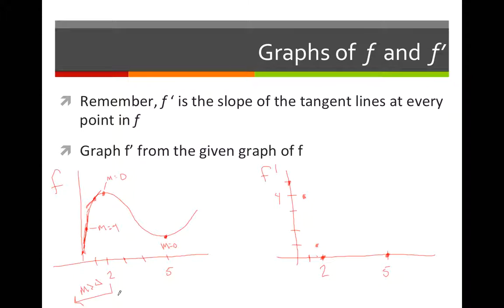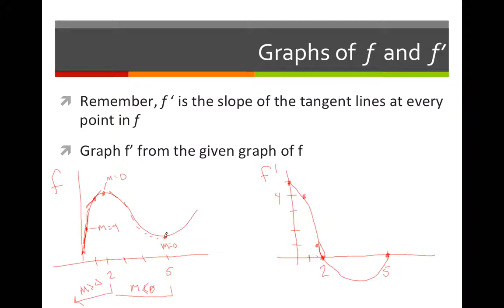If you look between 2 and 5, the slope is negative all the way down to 0. So that means the slope is less than 0, which means on the derivative function, it's going to be below the x-axis down here. You notice it starts off at about 1, gets steeper, and then shallows off back to about 0. So that means it comes down here. If we started to graph this, as it goes down below, it gets steeper, so we just get more negative, and more negative, and more negative, and then it starts coming back towards 0,